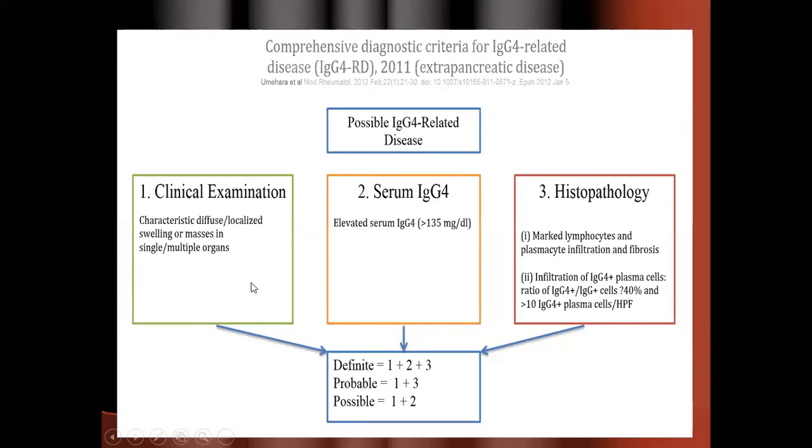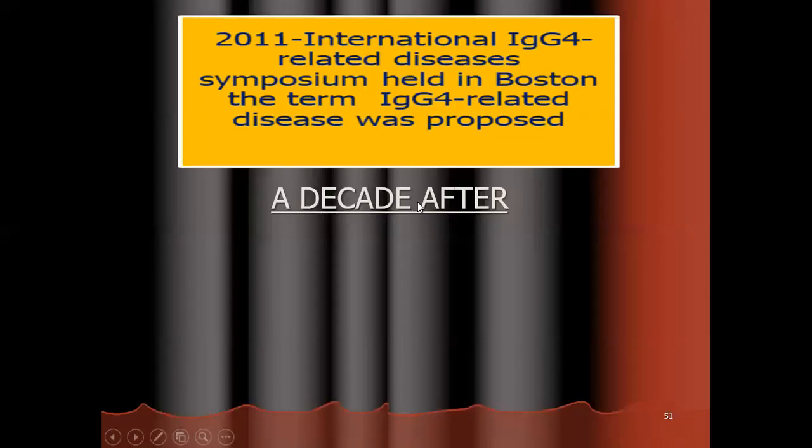If you found clinical, serum, and histopathology, if all three are positive, this is definitely IgG4-related disease. If the first and the third are positive, this means probable disease. If the first and the second, this is possible disease. A lot of criteria. But now, after one decade of